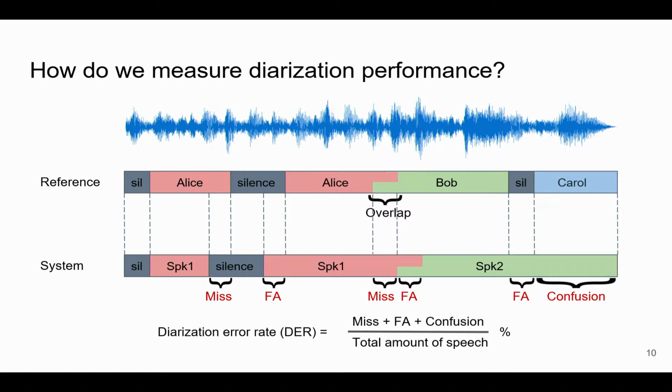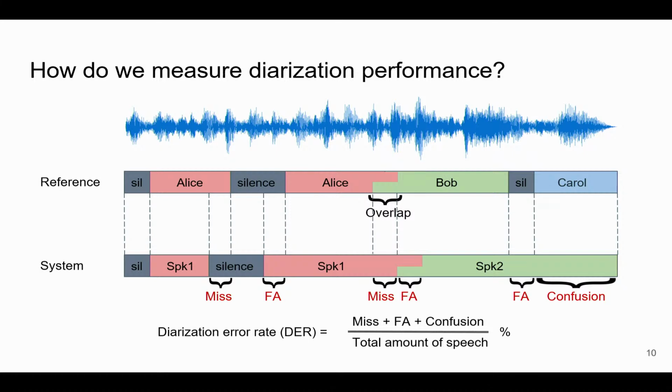And that leads maybe to the last type of error, which is this confusion. So here, I'm saying, well, this is confusion over here. But that's because I chose speaker 2 mapped with Bob. I could have chosen speaker 2 mapped with Carol, right? That's a valid option. So if I did that, actually,